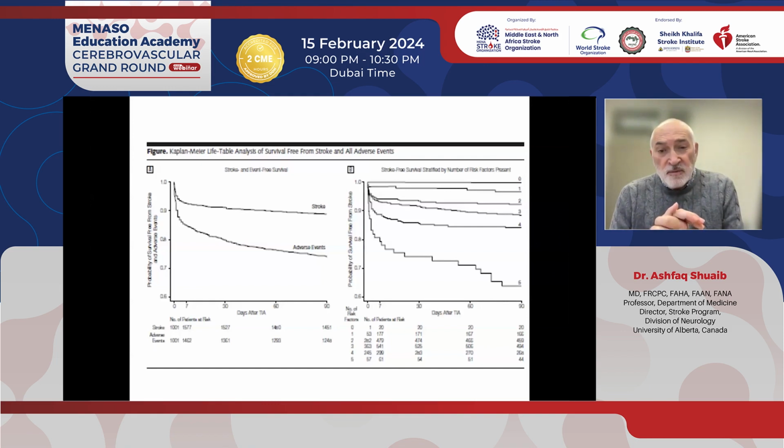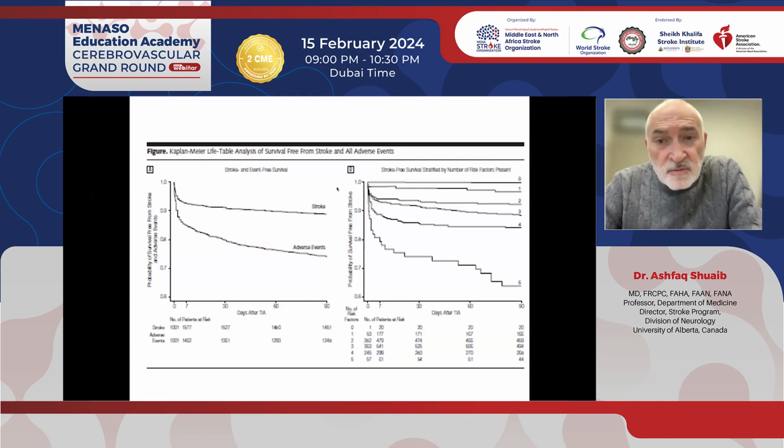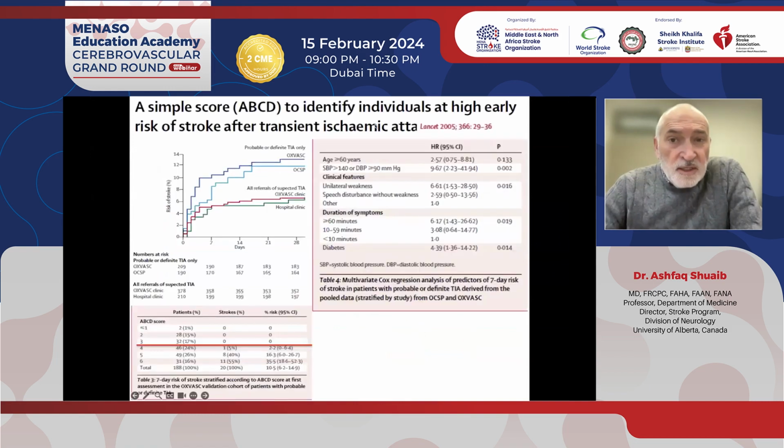So how many of these were present? If the risk factors were none, which is at the top here, the risk of early recurrence was very low. On the other hand, if they had focal symptoms that lasted for more than an hour, especially if they were motor, in the presence of previous diabetes or hypertension, you can see, look at this, almost 25% of them had an event, and most of these events were occurring very early, right? So they put together the hypothesis of a possible high-risk patient.